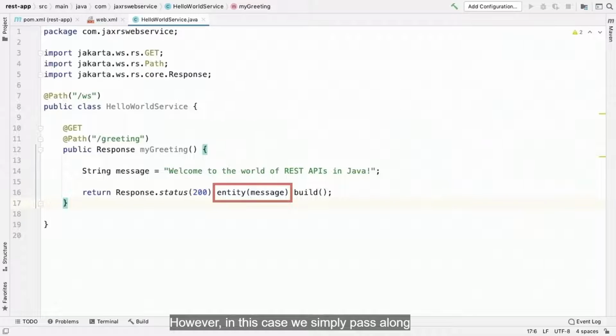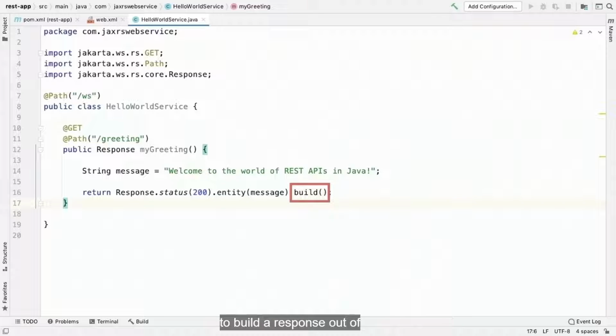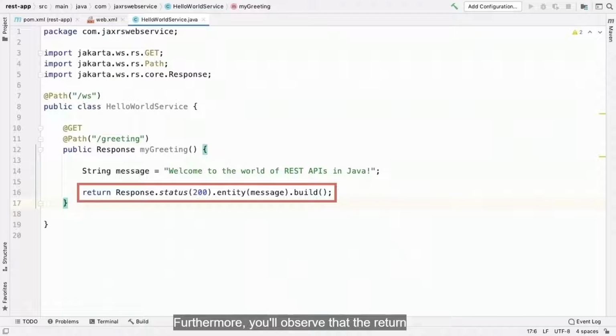However, in this case, we simply pass along the message string. And then we invoke the build method in order to build a response out of the different attributes which we have just specified for the response, specifically the status code and the message. Furthermore, you'll observe that the return type of the myGreeting method is now a response rather than a string.